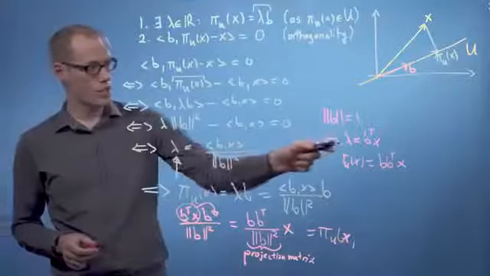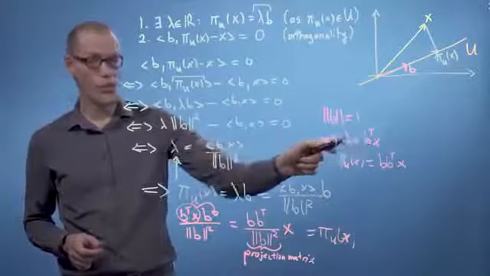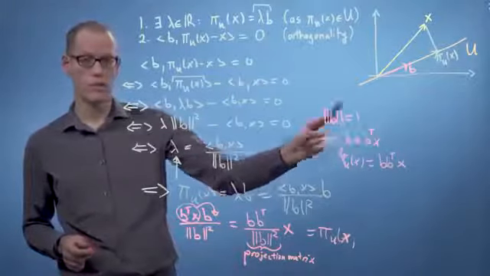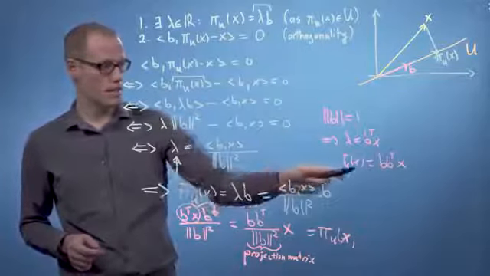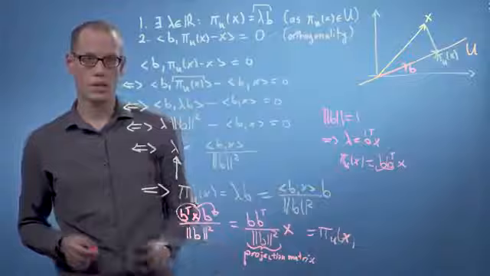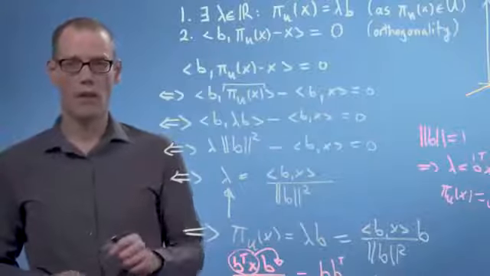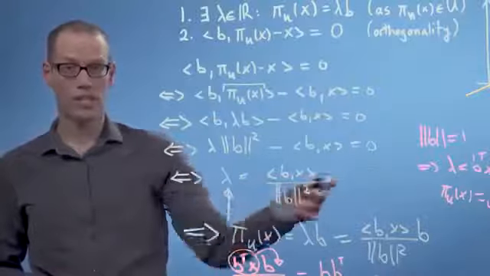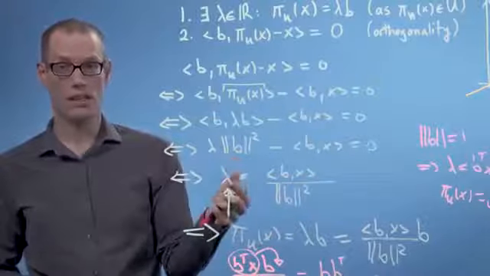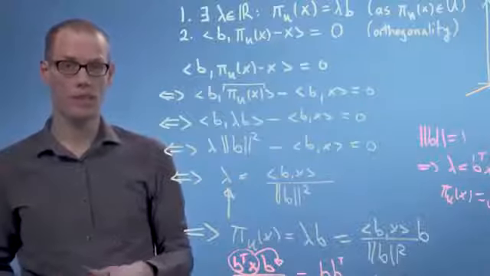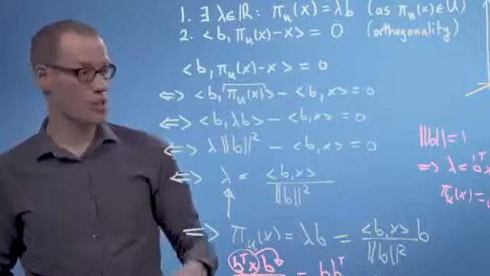So you would get the coordinate of the projected point with respect to the basis B just by looking at the dot product of B with x. And the projection matrix is simply given by B times B transpose. Let me make a comment at the end. Our projection pi u of x is still a vector in R^d. However, we no longer require d coordinates to represent it, but we only need a single one, which is the